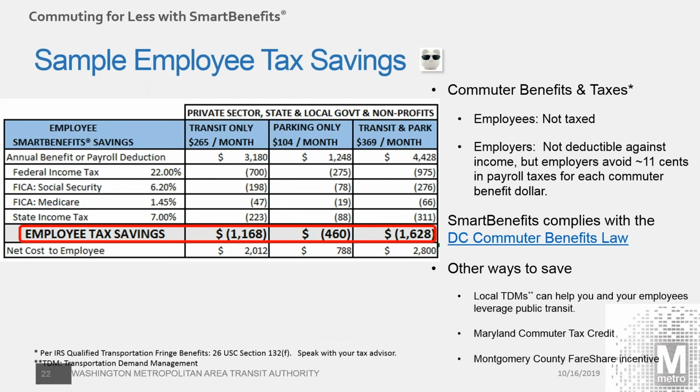So here we talk about some sample tax savings. It's always good to see what your employees can save and what you as an employer can save. So when we look at $265 a month, and this is an example of what an employee would save doing a pre-tax salary deduction for their commuting. So for transit and the maximum of $265 with all of the savings, they can save $1,168. And when we look at parking in the second example, we're looking at $104. If they would elect to have that a month to park, it's $460 savings. And a combination of transit and parking, it would be well over $1,000,